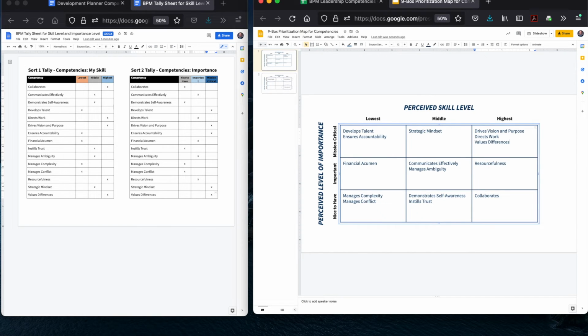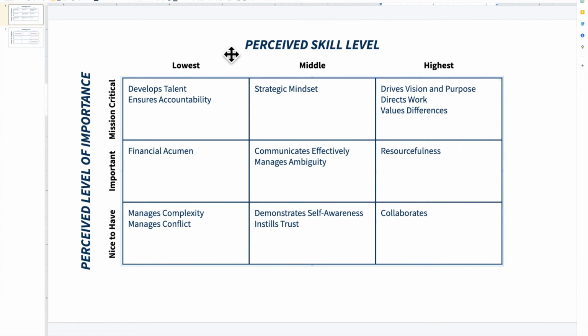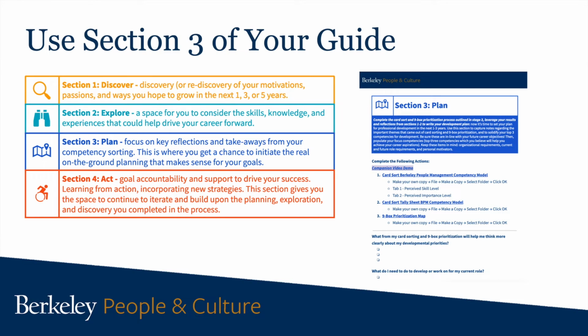Looks beautiful, right? You might be thinking, okay, well, now what? Take a few moments to recognize where each competency landed. Now you have this sort of 3D way of thinking about where you want to grow, not just thinking about your current level of skill or your current perceived level of importance for that skill, but also thinking 1 to 3 years into the future. Really thinking, to get where I want to go 1 to 3 years from now, from this very moment, what do I need to stop, start, and continue tomorrow or soon? Do less of, more of, keep on doing what you're doing, etc.